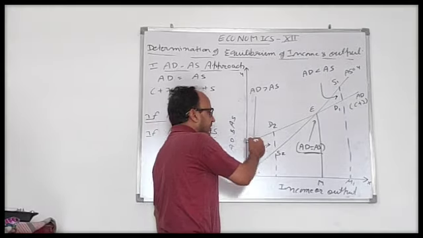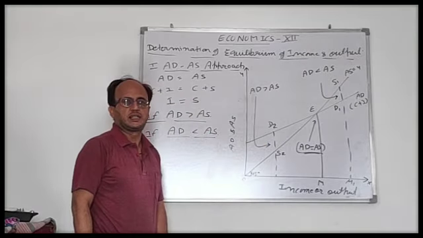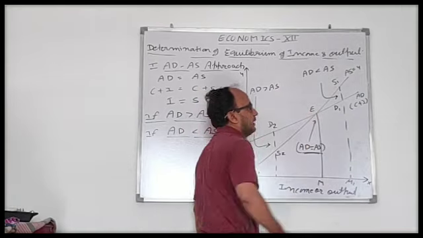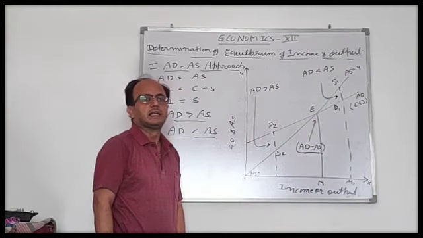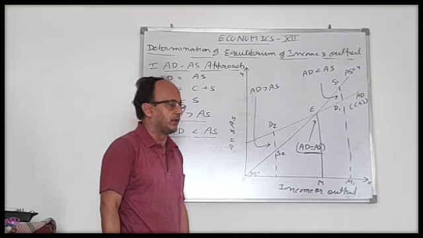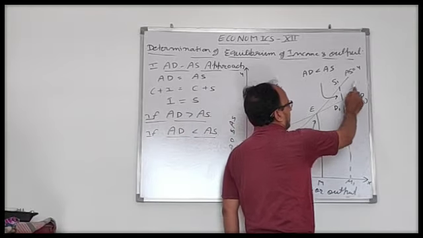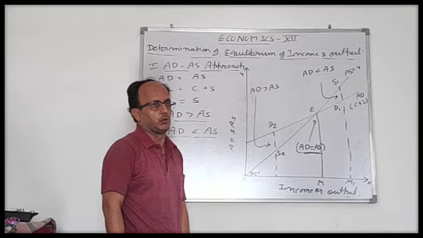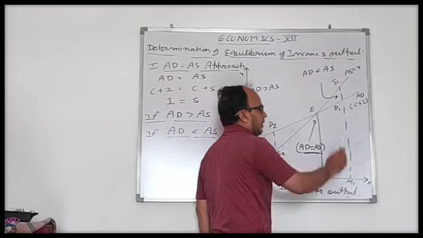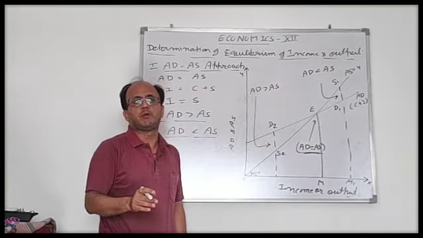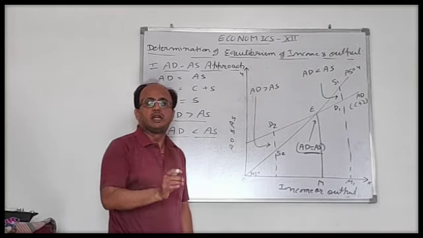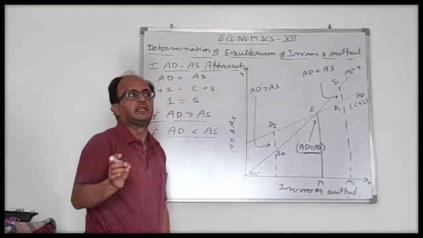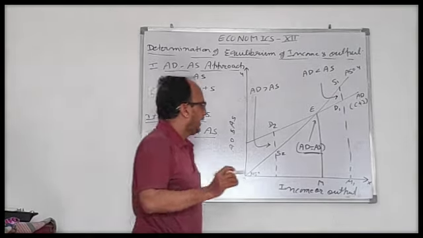Earlier it's above the aggregate supply curve, then they are equal, and after it aggregate demand is less than aggregate supply in the economy. Aggregate demand and aggregate supply curve intersect each other at E point in the economy. कहाँ पर intersect कर रहे हैं? E point. It is the equilibrium point of the economy where aggregate demand and aggregate supply are equal to each other. At this point,